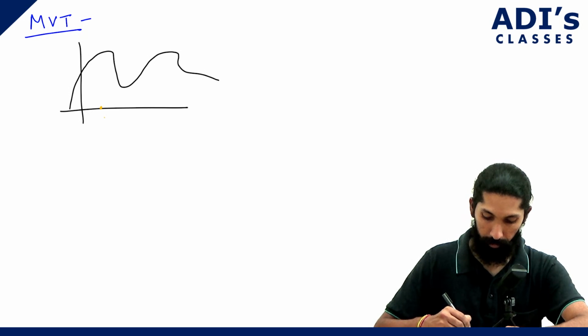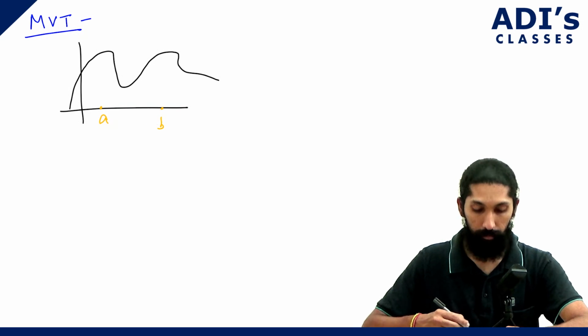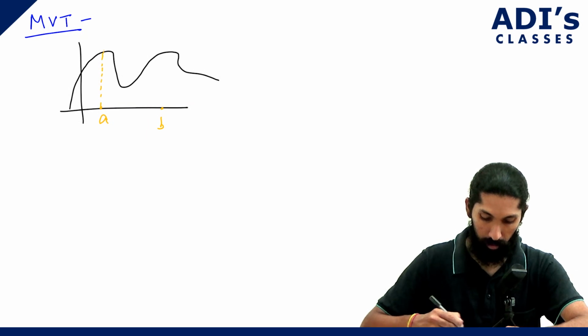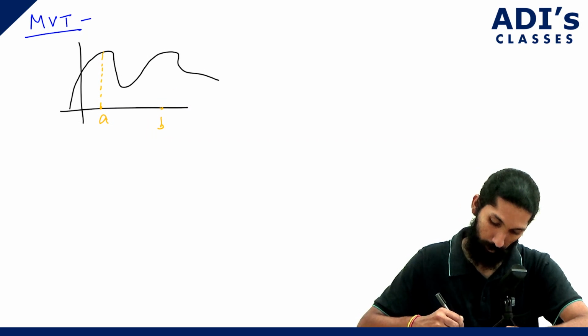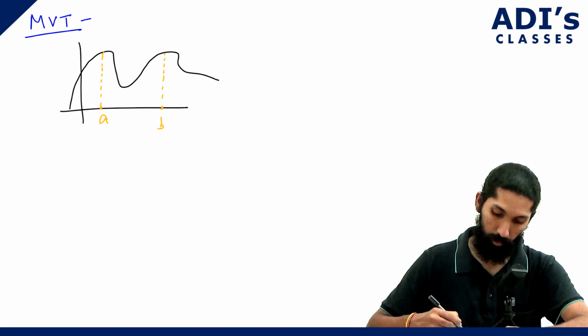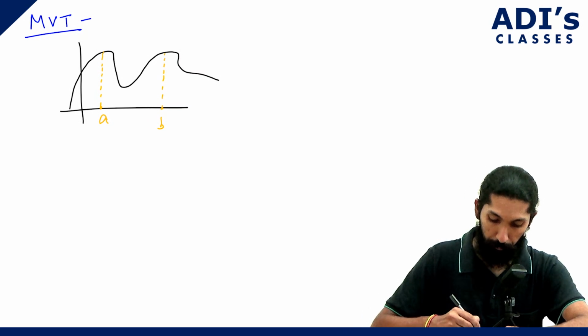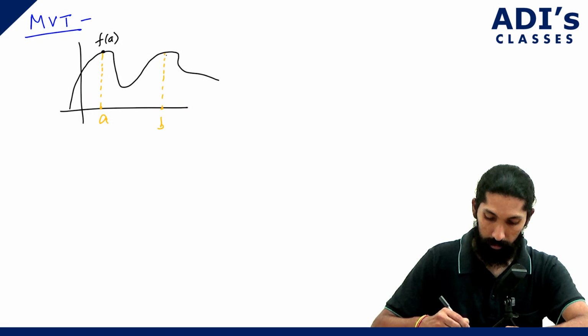Say this is one point A, and one more point B. From A go up, and from B also go up. See, why we are doing this is that this point is going to be f of A, and this is nothing but